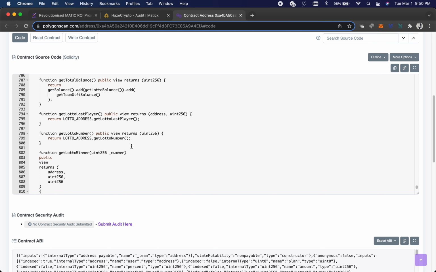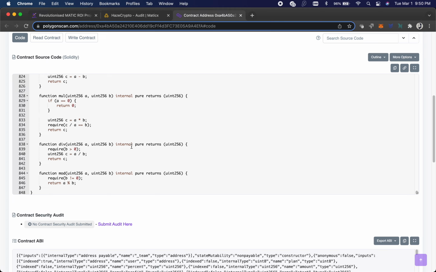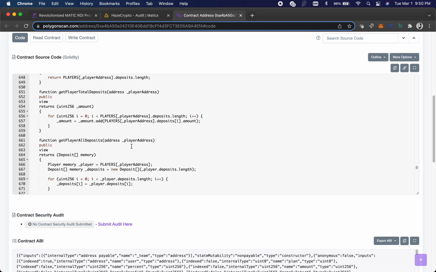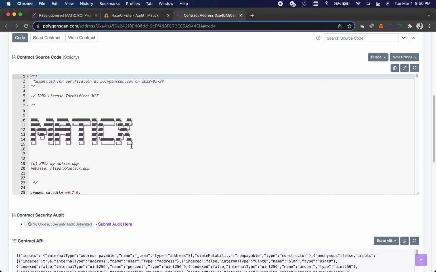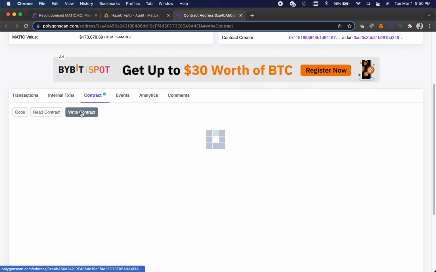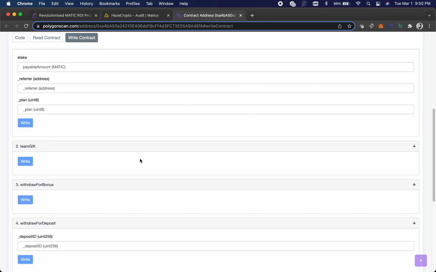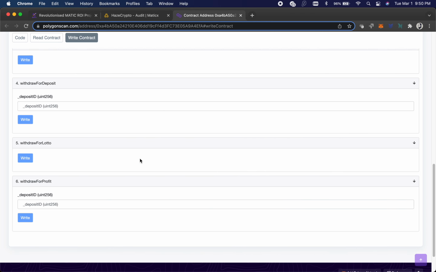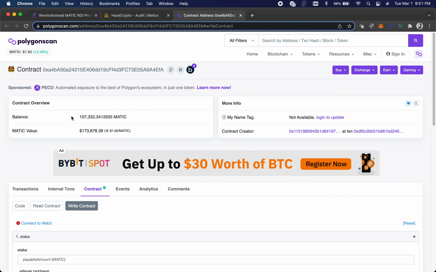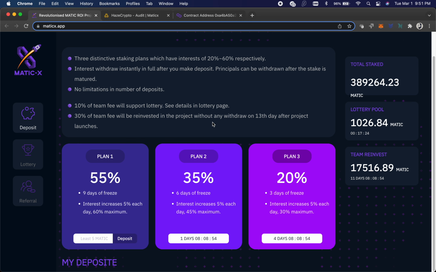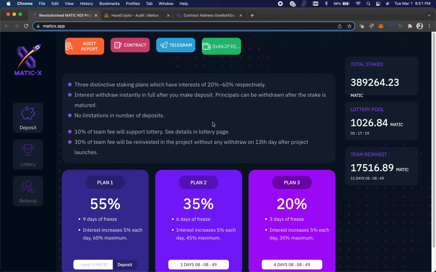Yeah, nothing too crazy in here. I've only seen a loop or two in the whole code, and all of them look fine. There's just a lot to this that's probably not needed for such a simple DApp. But yeah, guys, I'm not too impressed with it. I know a lot of people might really like this, but just those little things,